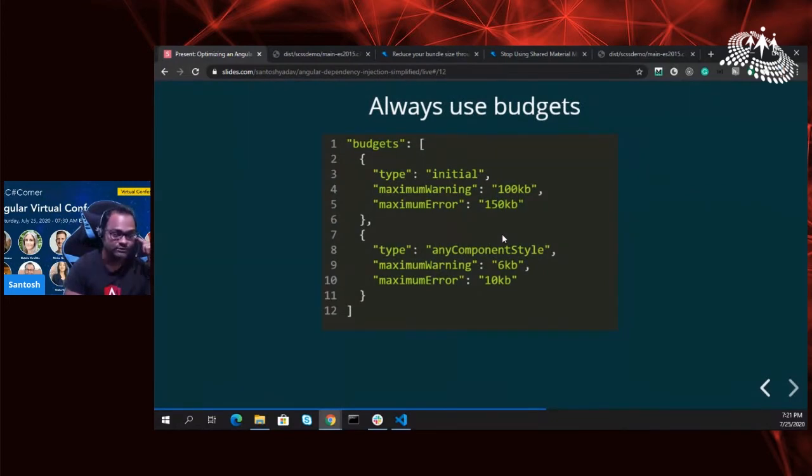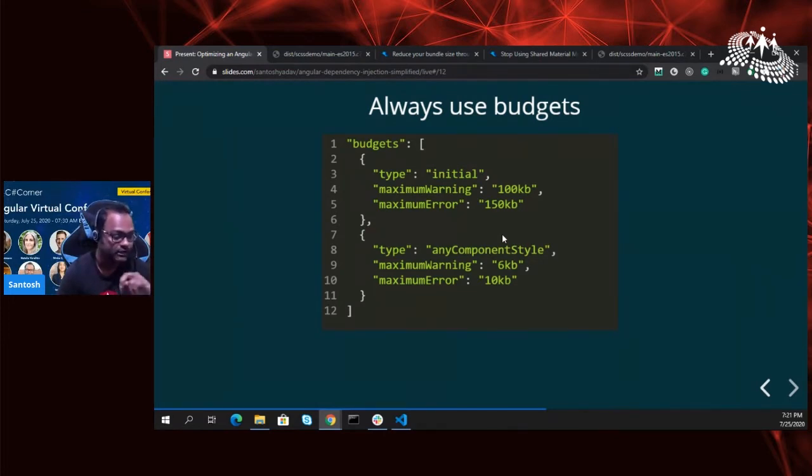So how was I able to figure out what's going wrong? I always use budgets. Budgets are really useful. We had something known as anyComponentStyle in my application. I realized my anyComponentStyle, which is by default set to 6 kb with a maximum error of 10 kb, actually had each component with a minimum style of 60 kb.